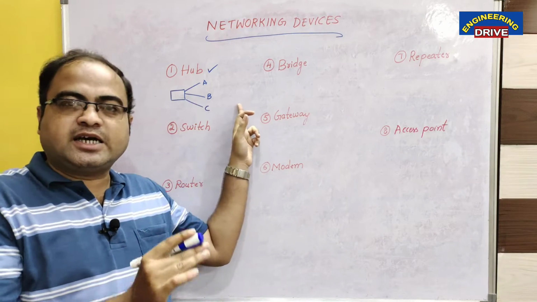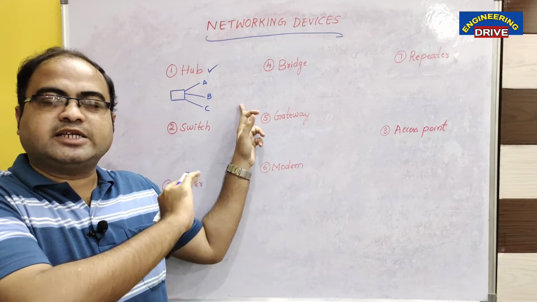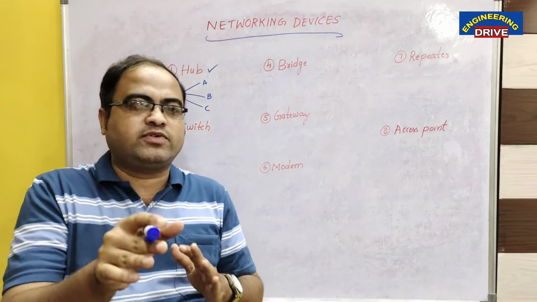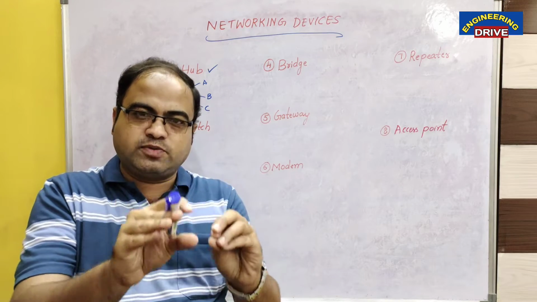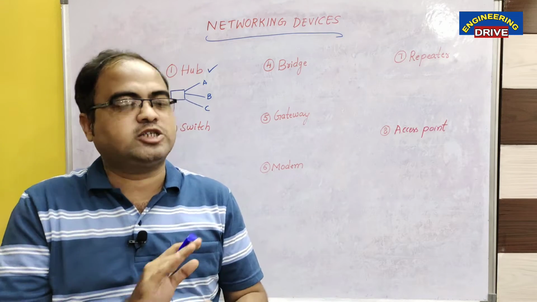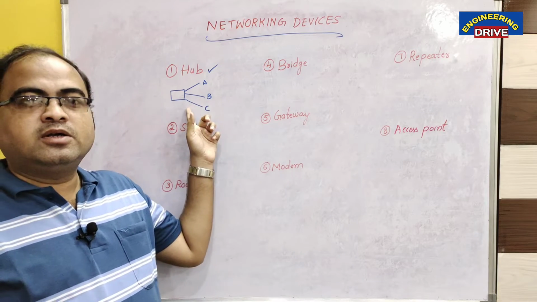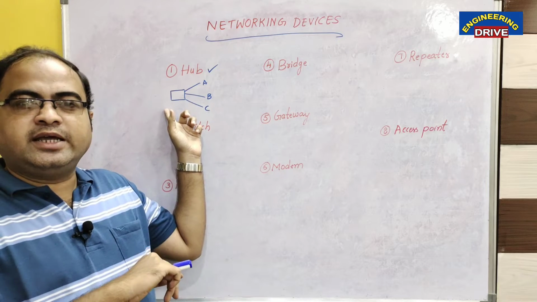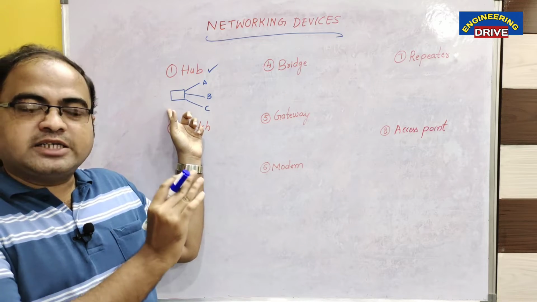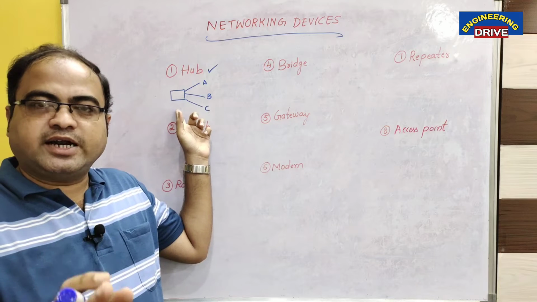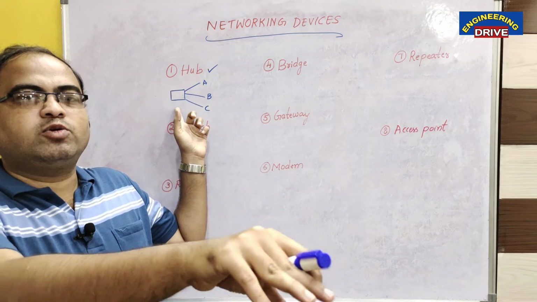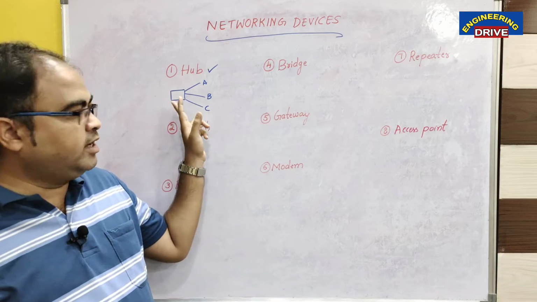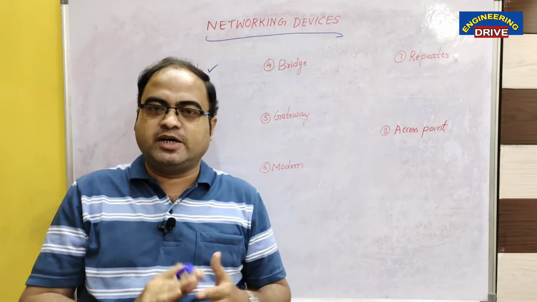Let us say 10 devices are connected to this hub. Then the data will be transmitted to all the 10 devices. So there is no way that we can select, out of 10, that I want to transfer data only to 5 devices. Is it possible or not? A hub is used to connect multiple devices, and one more thing in a hub is the data will be transmitted to all the devices which are connected to the hub. So you can't manually select a few devices and transmit the data. It is not possible in a hub. It is mainly used to join multiple devices.